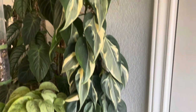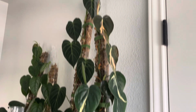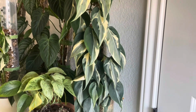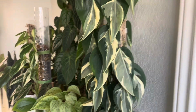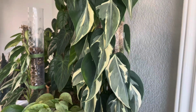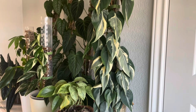And last but not least is my gorgeous Philodendron Rio. It's doing very well with the recent pole extension, and it's growing a few new leaves, and it's just looking so happy, so healthy. This is like my favorite section of the plant right here. I just love the silvery centers and the high variegation on these parts of the plant, and I could just talk about it all day, but you guys have seen it a lot, so we'll get to the actual cabinet